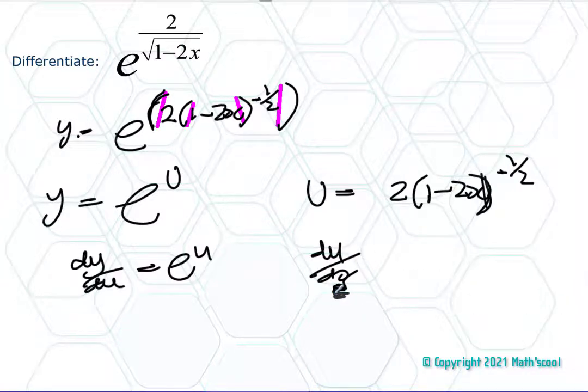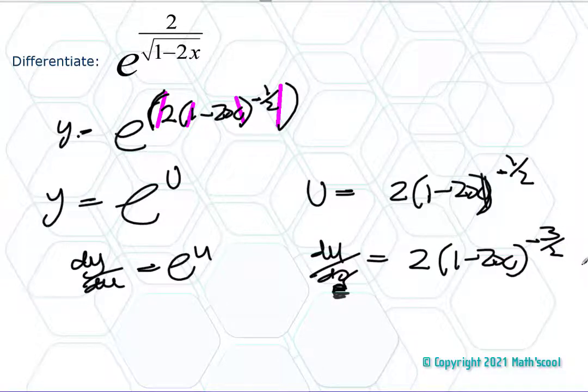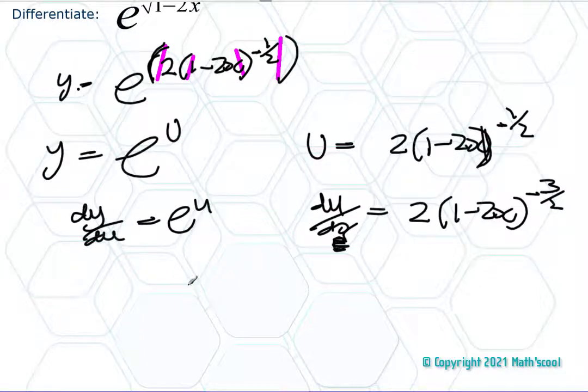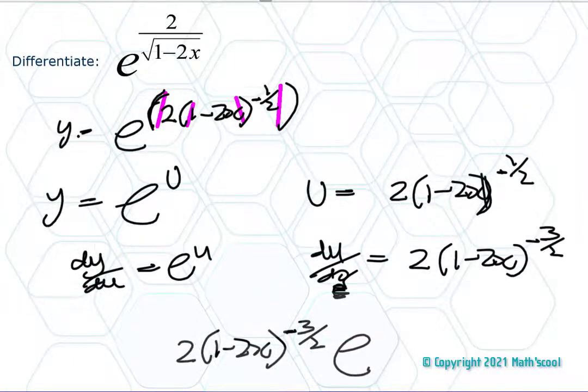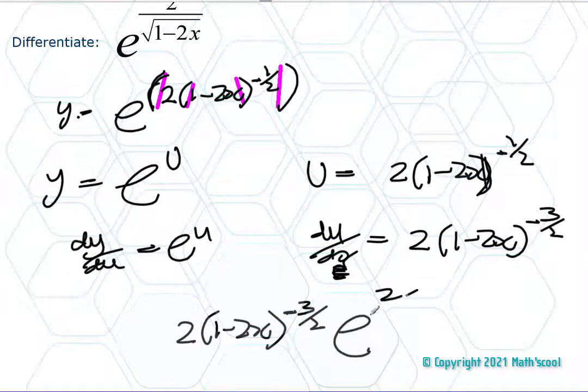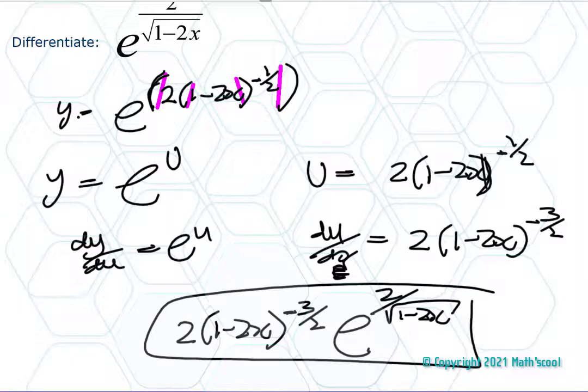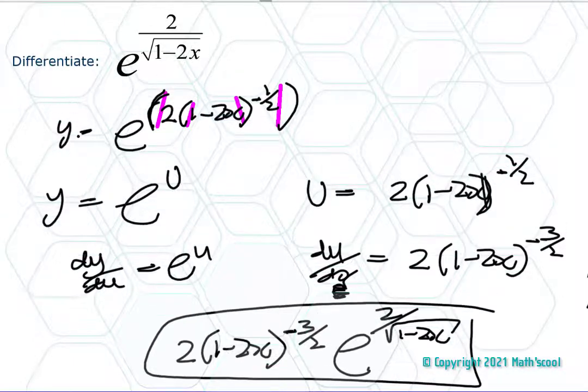du by dx equals, the 2 comes down, multiplies that, gives me minus 1, times the minus 2 gives me 2, 1 minus 2x to the minus 3 over 2. Multiply the 2 together, so that gives me 2, 1 minus 2x to the minus 3 over 2 times e to the u. What was u again? It was 2 over square root 1 minus 2x. So there's my answer. This differentiates to give me